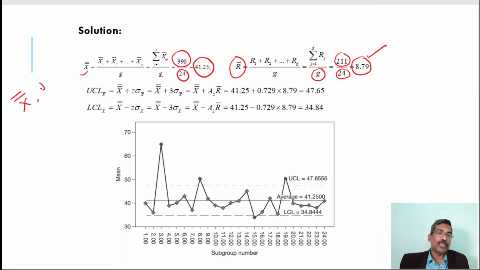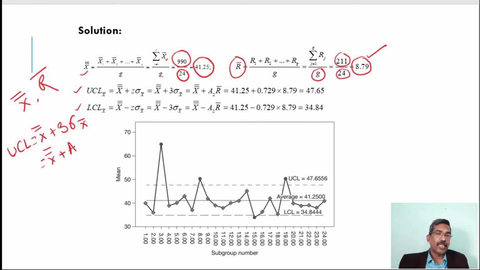Now we have already calculated the value of x double bar and R bar. Now there is a requirement to calculate the UCL and LCL. UCL is equal to x double bar plus minus 3 sigma x bar. Now you can see that calculating the sigma value for all the x bar is very difficult. Therefore, to simplify this, we use a ready-made formula, which is x double bar